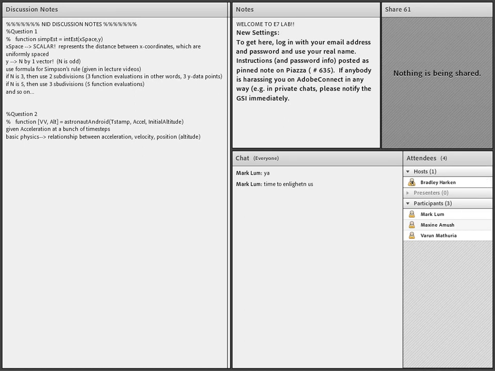Those relationships are: velocity is equal to initial velocity, which the homework assignment says in this case you can assume is 0, plus the integral of acceleration times dt. So you integrate the acceleration with respect to t, and that gives you velocity. Now, remember that both velocity and acceleration are functions of time, meaning that they change at every time,